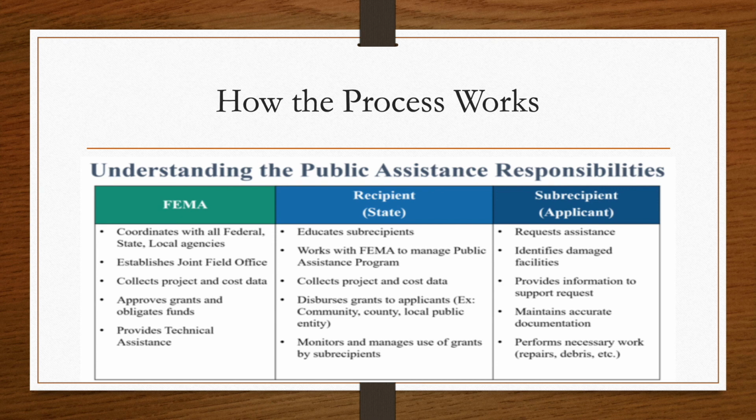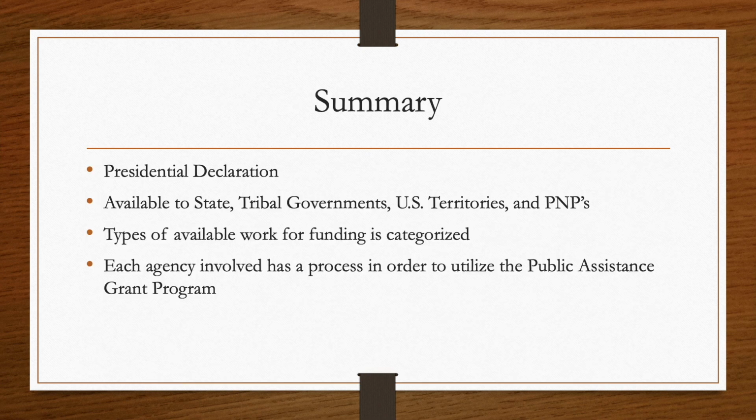The areas and agencies' only way to obtain funding from the program is to coordinate with local and state government to provide necessary documentation and essentially create an overview of everything that needs to be recovered or fixed post-disaster. The state then files an applicant briefing and request for assistance form to gather all the necessary money to be put towards these projects. Once FEMA has gotten the necessary information, they collaborate with all agencies involved at various levels and begin the approval process of the funding. They also provide technical assistance during this time.